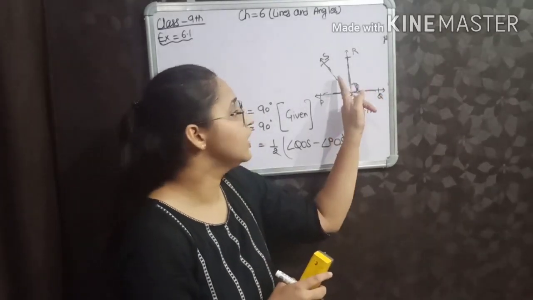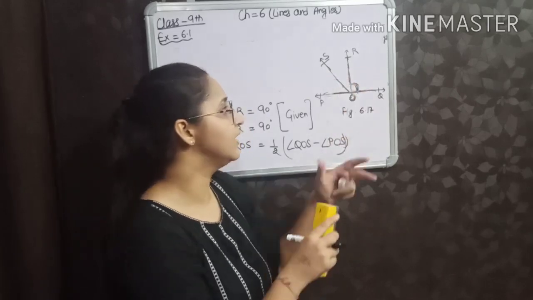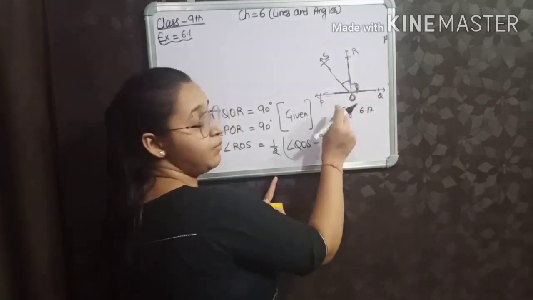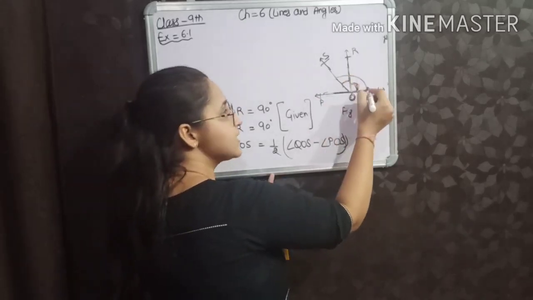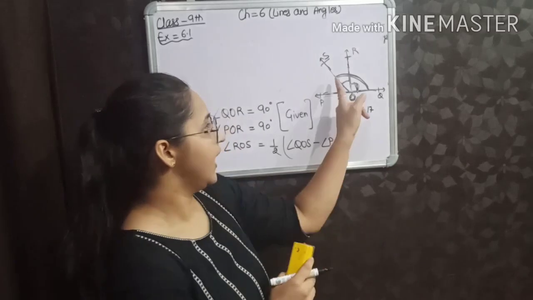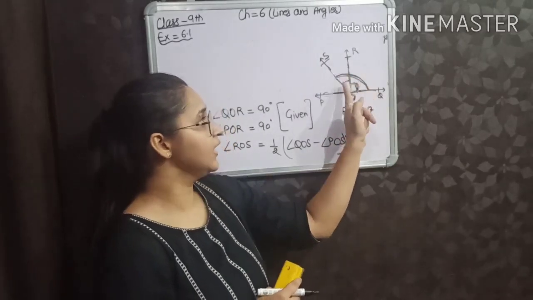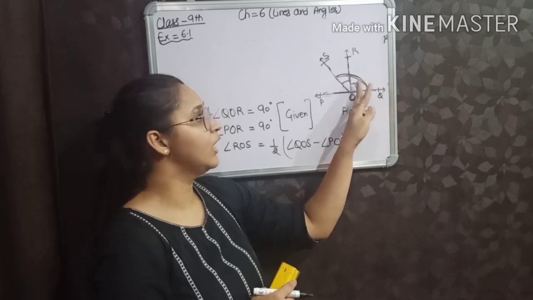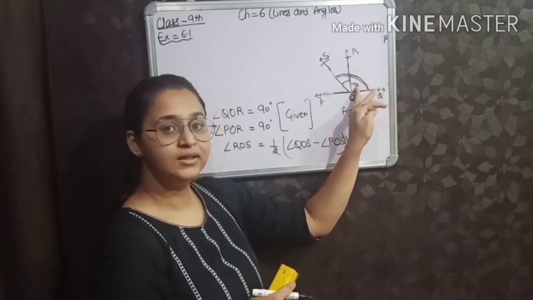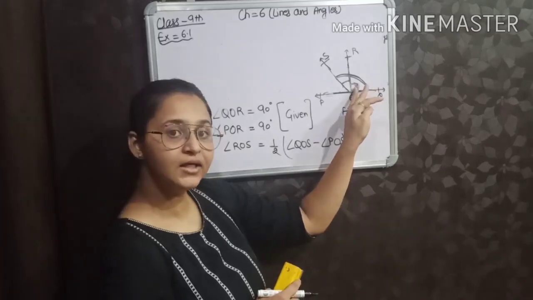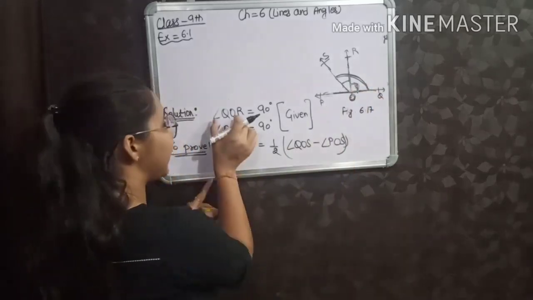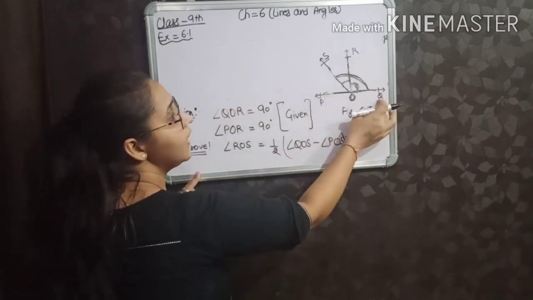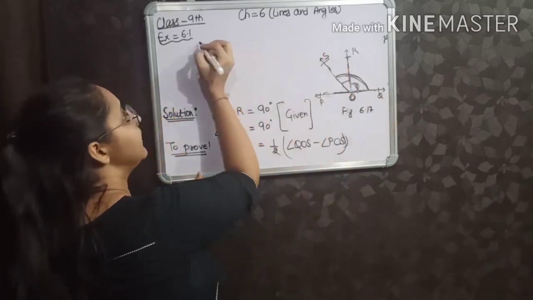If I subtract this angle from this complete angle, I will be left with only this angle, and this angle is 90 degrees. This is given. So in place of angle QOR, I can write angle QOS